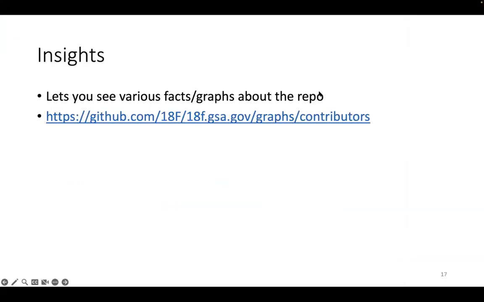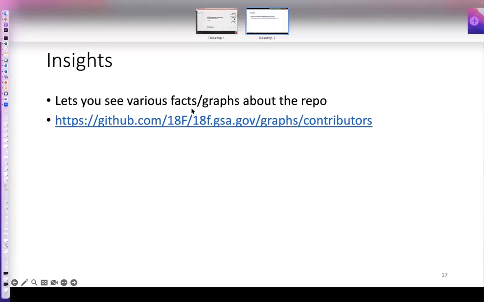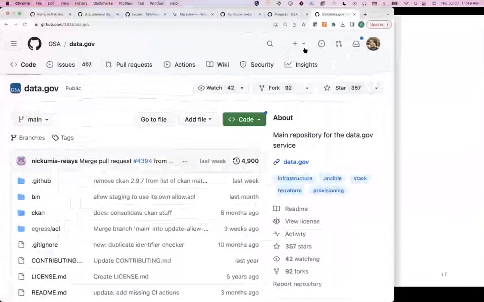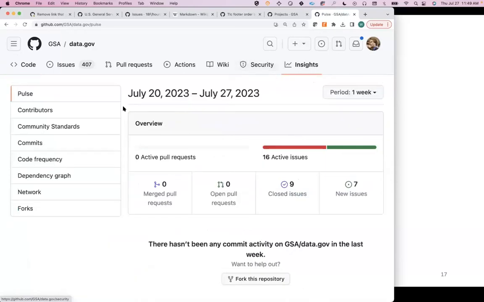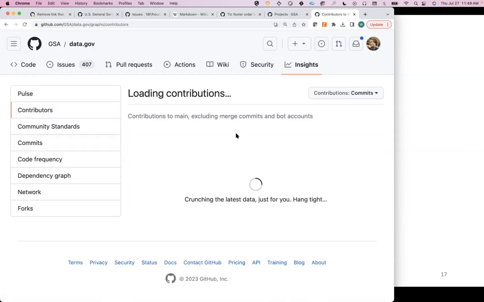Okay, and then the last thing I wanted to talk about in terms of the little pieces up here is insights. So this lets you see various facts about a given repo. So let's look back at data.gov here. And if I press on insights, then I can see things like how many issues are active, how many pull requests. But the one that I think is most fun is the contributors. So this is live data about where and when all the different people that have worked on this have been